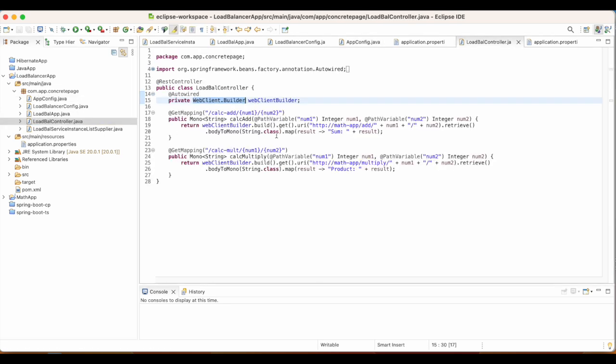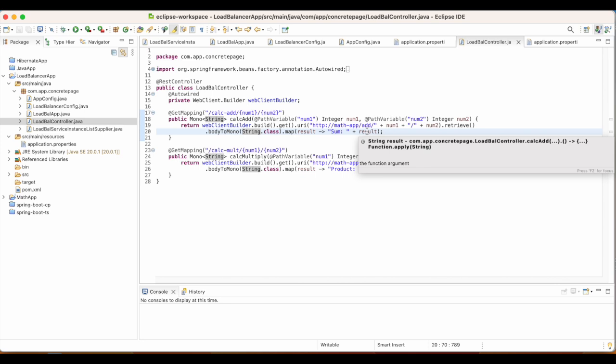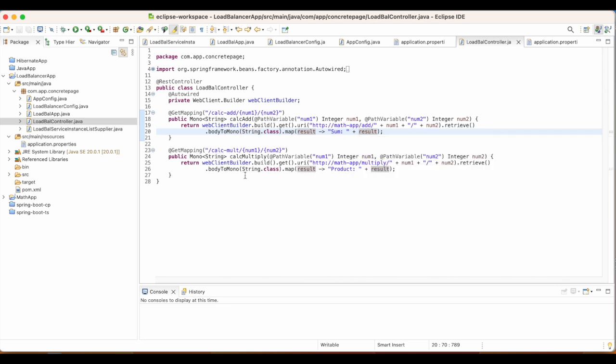So getting this URI, it will retrieve the data, and then here I am preparing the response. The addition will be done by math app, and the response will be adding a string, sum colon, then the response. In the same way here for multiplication.